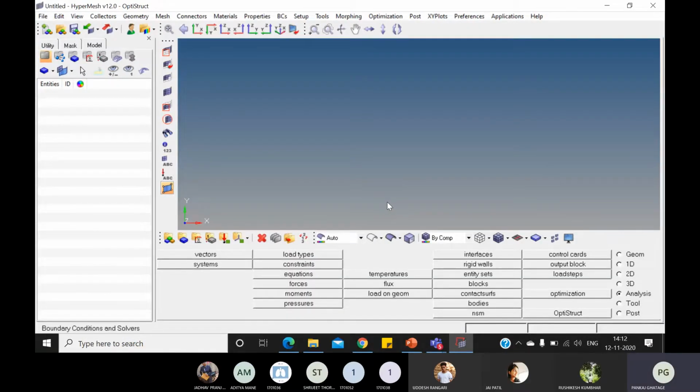In this morning session, we have seen how to change the boundary condition like